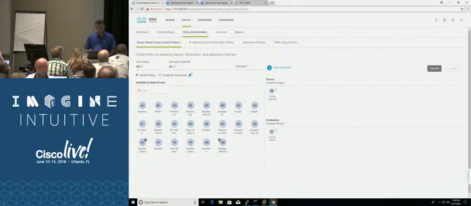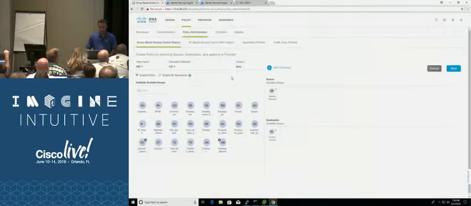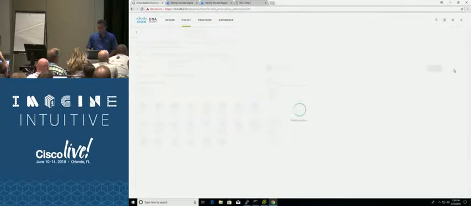I'm going to drag them there. I'm going to add a contract saying deny access. So even though both these scalable groups are part of the same VN, they won't be able to talk to each other at this time. I'm going to enable bidirectional, and then click save. So when I click save,